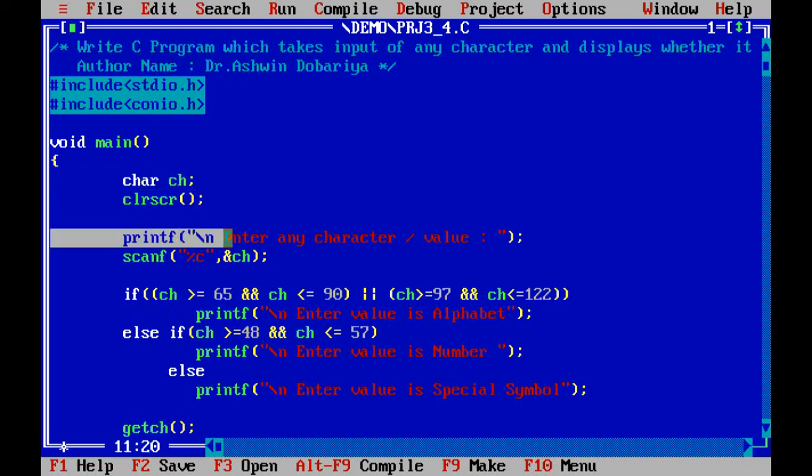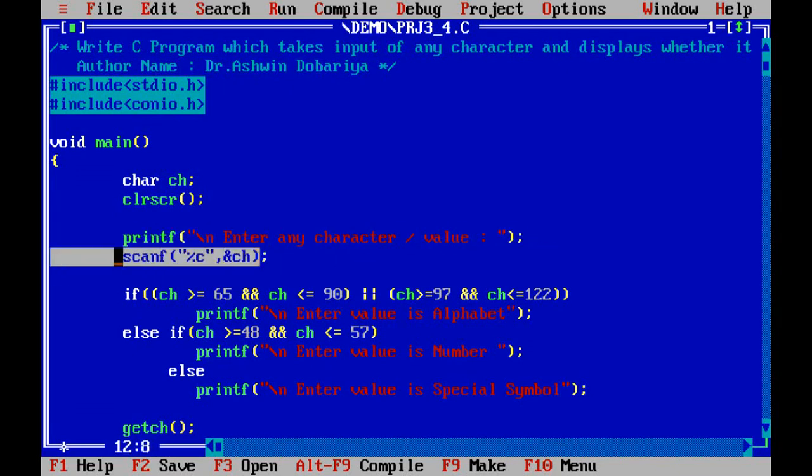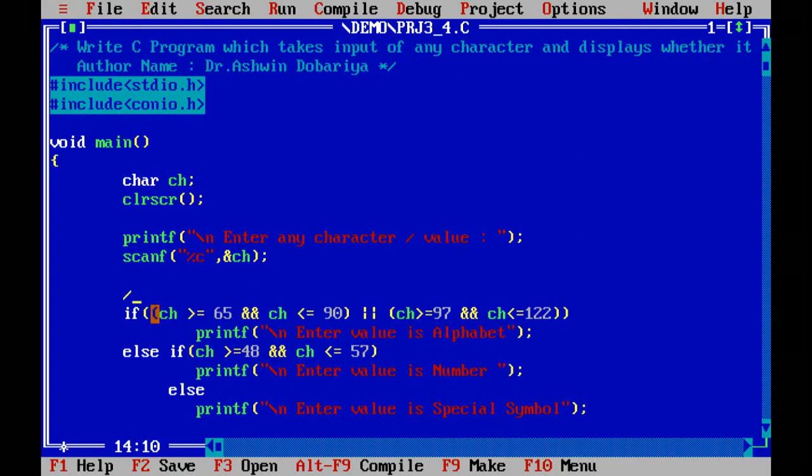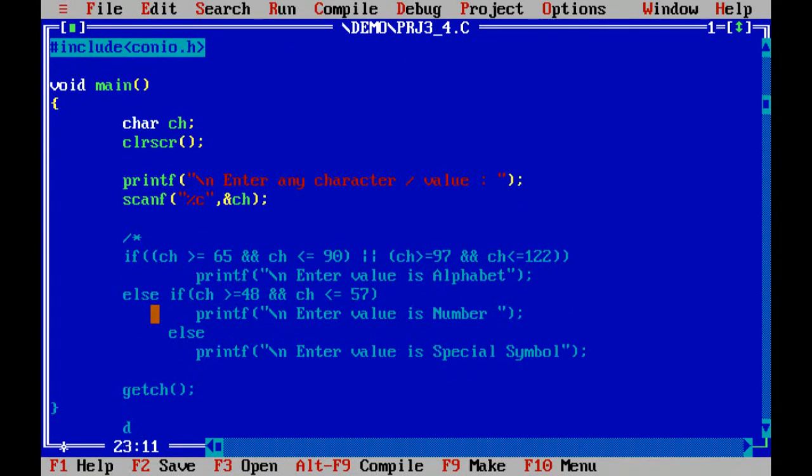Then after that we will display one message, enter any character or a value, and that value we will store in a ch variable using the scanf function. Here %c means we are inputting one character value, and after that we will check it. But before we check this condition, let me give a brief on how we can know the ASCII code